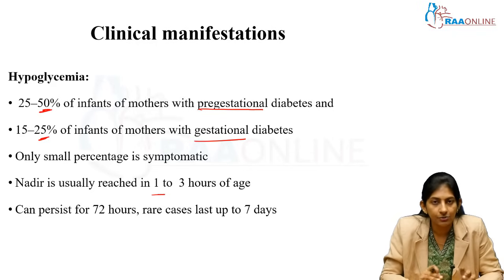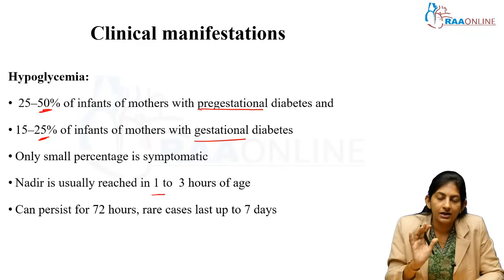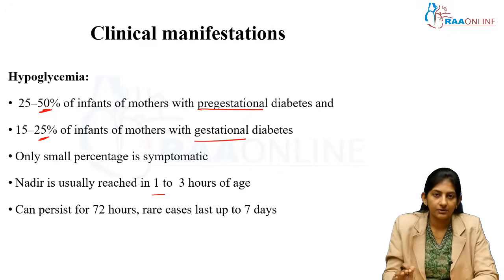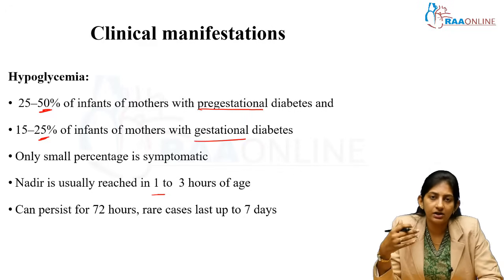And the hypoglycemia in infants of diabetic mothers can persist for 72 hours. So the first 2-3 days are very, very important. Tell them that the baby cannot be discharged before day 3, and we'll keep monitoring the blood sugar. And sometimes it can last even up to 7 days when there is a hyperinsulinemic state which is persisting. So we'll talk about it in this presentation towards the end. Okay, so these are all small things, but will help you in a long way.